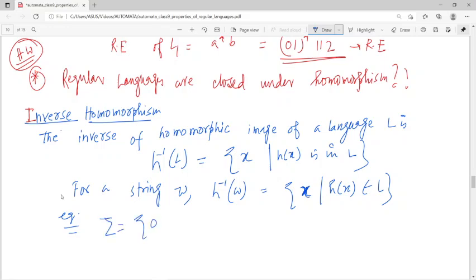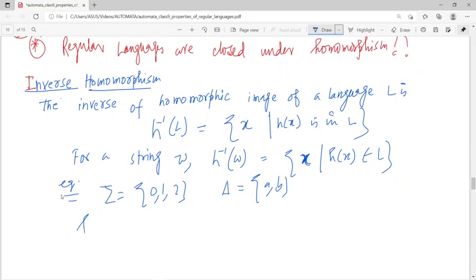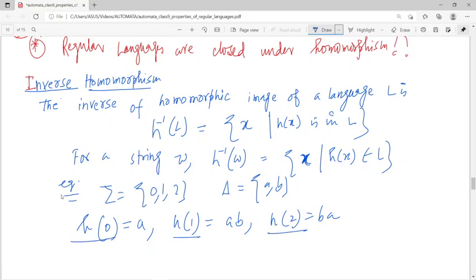Say this is the input alphabet 0 1 2, ধরো আরেকটা ইনপুট অ্যালফাবেট আছে সেট, যেটা হচ্ছে ab। এখন আমি ডিফাইন করছি হোমোমরফিজমকে, এইভাবে ডিফাইন করছি, ধরো h0 মানে a, h1 যেটা হোমোমরফিজম একটার সাথে আরেকটা ম্যাপিং, ধরো h1 মানে ab, এবং ধরো h2 মানে হচ্ছে ba, দ্যাট ইজ গিভেন। এখন ধরো লেট একটা ল্যাঙ্গুয়েজ আছে, ল্যাঙ্গুয়েজটা হচ্ছে a b a b a, এটা একটা সেট অফ